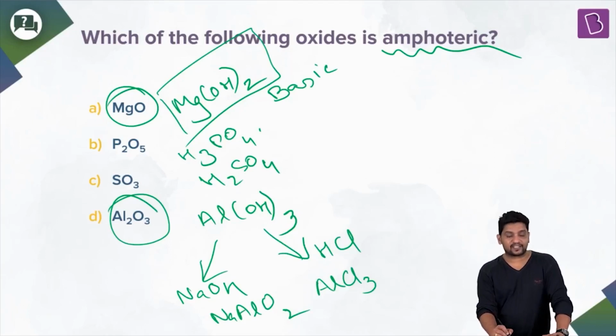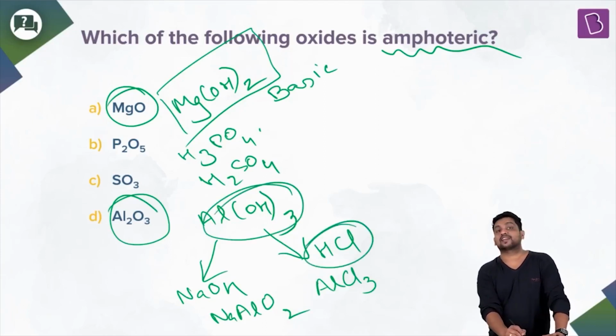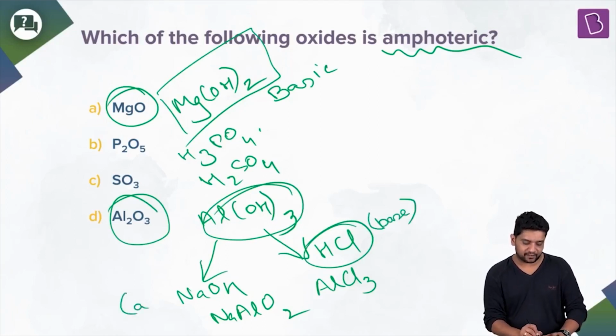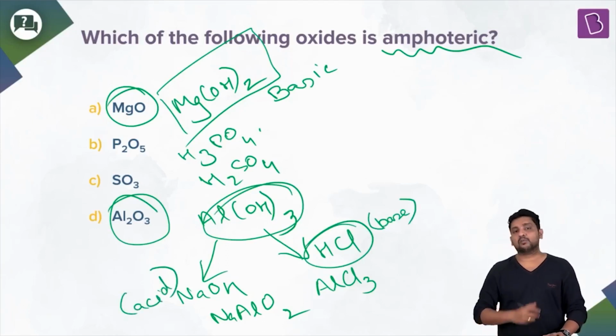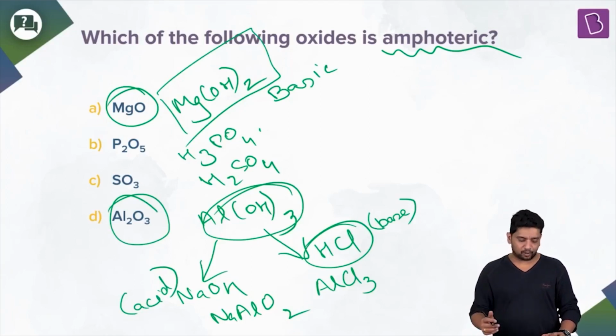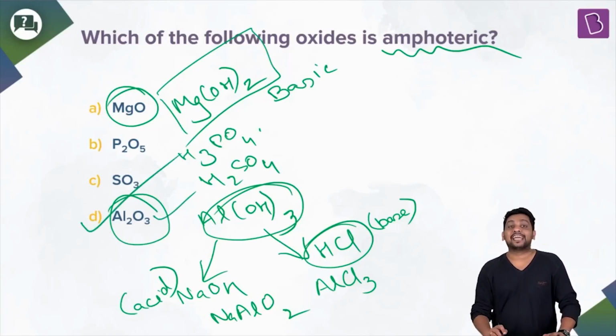So NaOH is more basic. With that, Al(OH)3 is going to behave like an acid, and HCl is obviously acidic, so with that, Al(OH)3 is behaving like a base. So here Al(OH)3 is behaving like a base, and here it is behaving like an acid. Aluminum, zinc also, you've probably heard of these. More amphoteric oxides you will study as and when you require them. When you go across the p block, you will be studying more about this, and also in transition elements you might study a few more. So the point is, which out of these is an amphoteric oxide? Obviously the correct answer is option D, Al2O3.